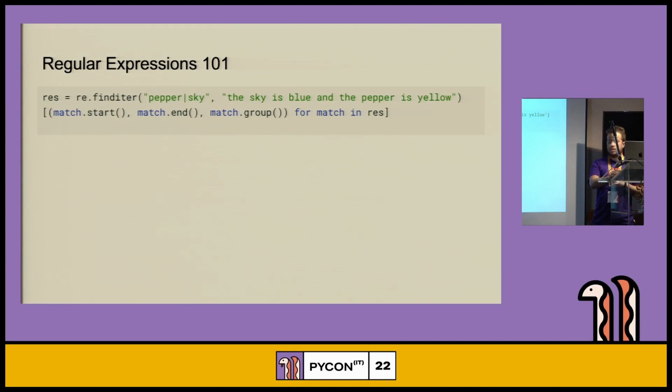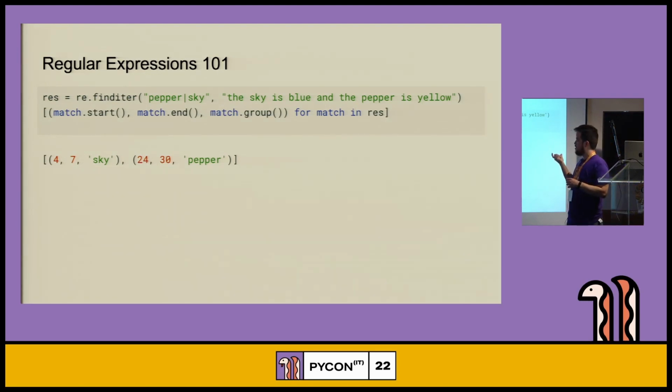Okay. So, how is this useful, and how can you use it besides findall? You can use it to add metadata to the matches. For example, if together with the chunk of text matched, you want to return the start and the end position, you can do it as in the string. You basically do a list comprehension, and you access the start method, the end method, and the group method for each match.